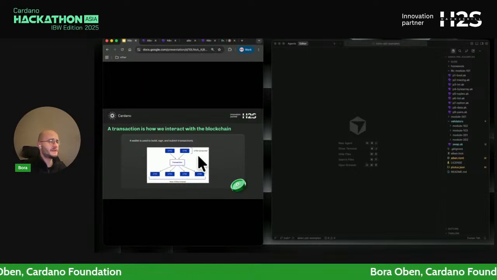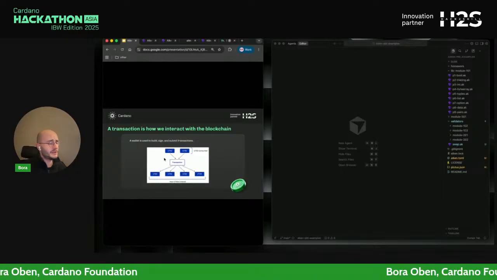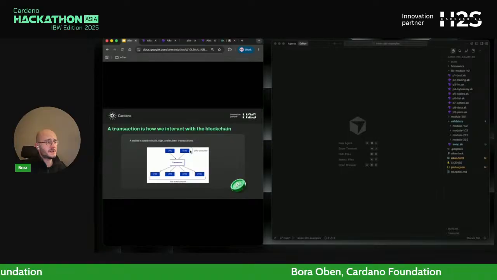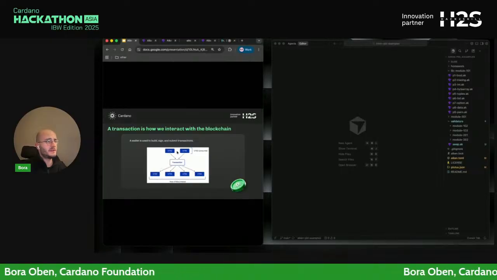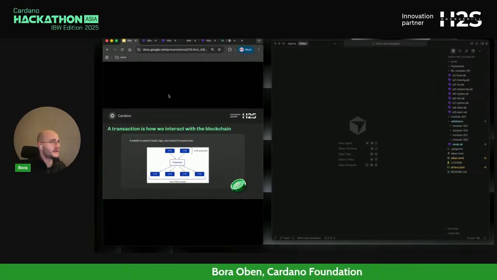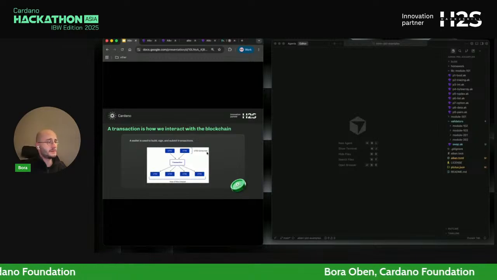So this graph is a clean explanation of what I tried to explain just a few minutes ago. In a transaction, you input UTXOs, these objects that carry value, and you create new UTXOs. This is what we are calling spending outputs, because UTXO is an acronym for unspent transaction output, and they are atomic operations. If you spend a UTXO, you have to destroy it and create new UTXOs.